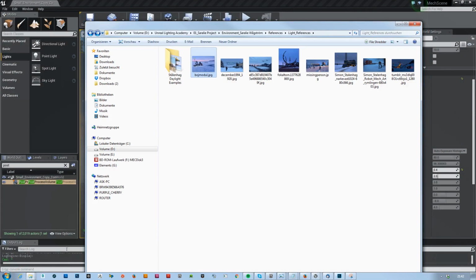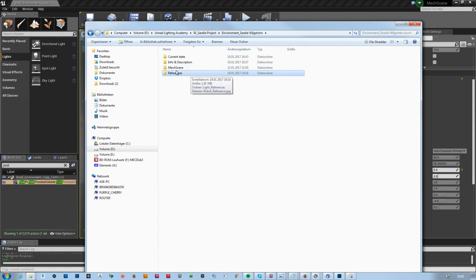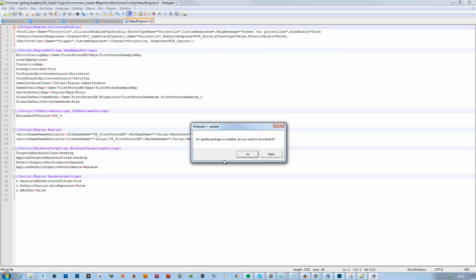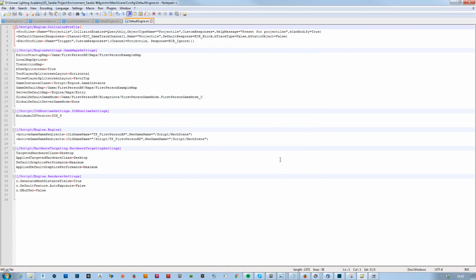But what's actually even better is if you go into your scene in your project folder, you can go into the config folder, and there's a default engine INI. If you open that, it looks kind of like this. And what you can do is you can actually put in all these R commands in here. So you can see Sarah, she already enabled the mesh distance fields in the project, set them to true. So automatically the engine boots with those true. What I can also do is I can just type in